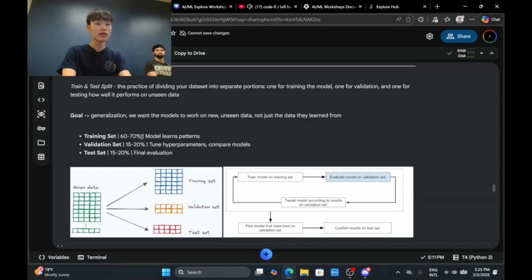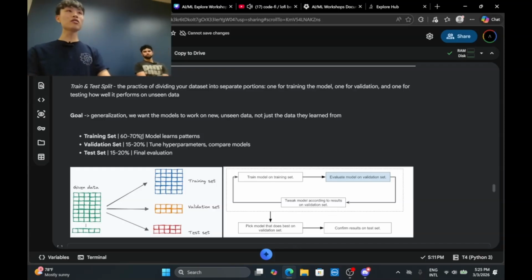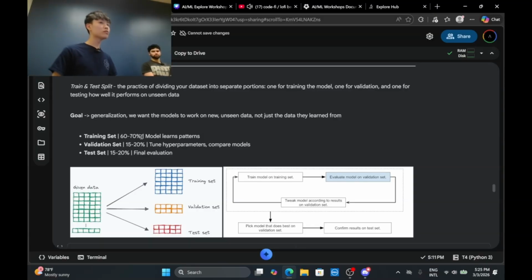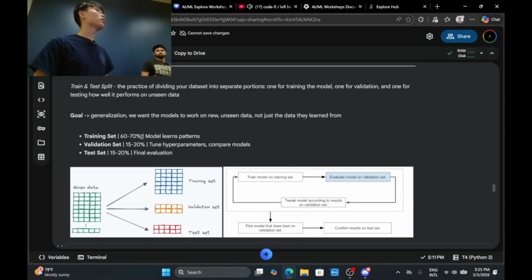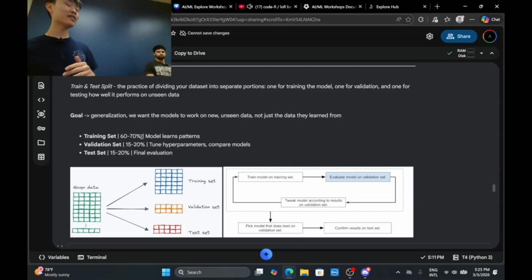Then we go ahead and talk about train test split. I talk about data set a lot, but are we training and testing on the same data set? No. The reason is that when we train on the same data set, the model learns the pattern of the data, and if we then test the model on the same data set, it's like you have a midterm tomorrow and the professor gives you the study guide.